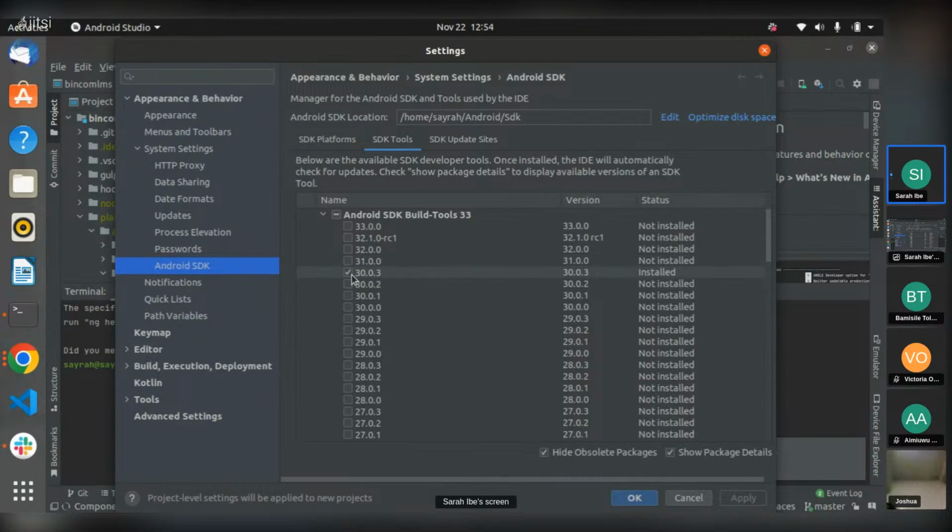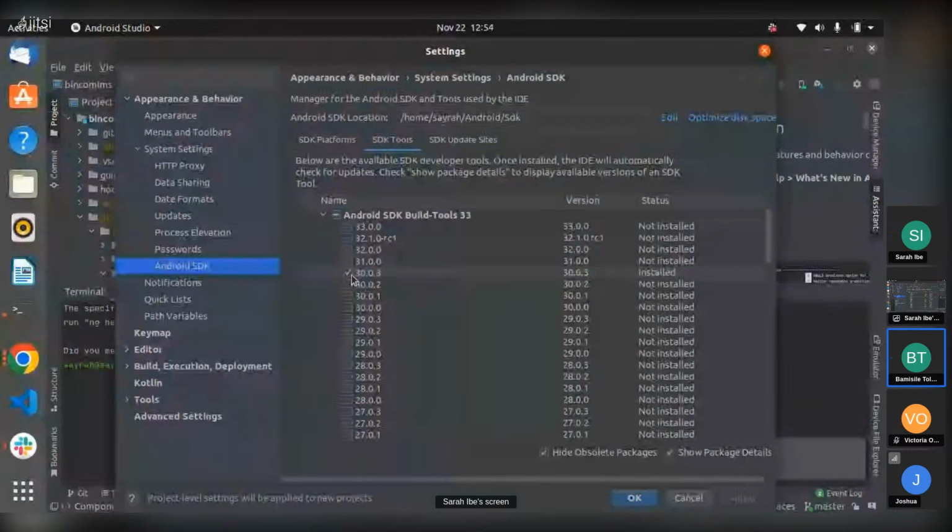I had to go back and uninstall version 29 point something to be able to install 30, the one I want to work with. All right, no problem. Thank you.